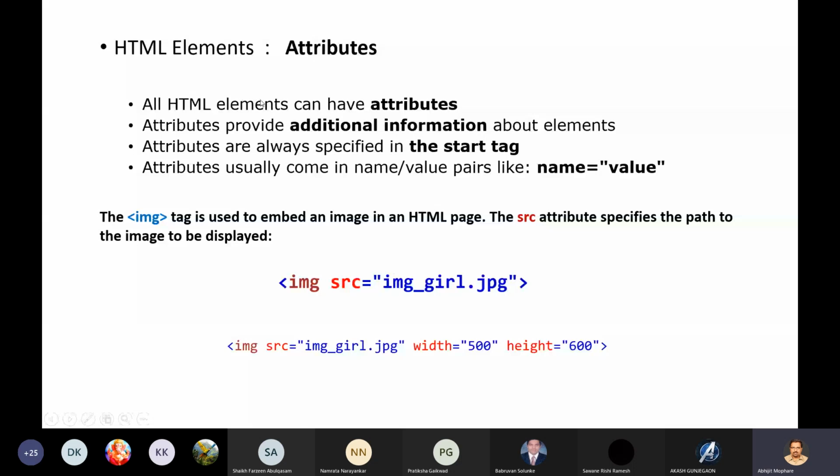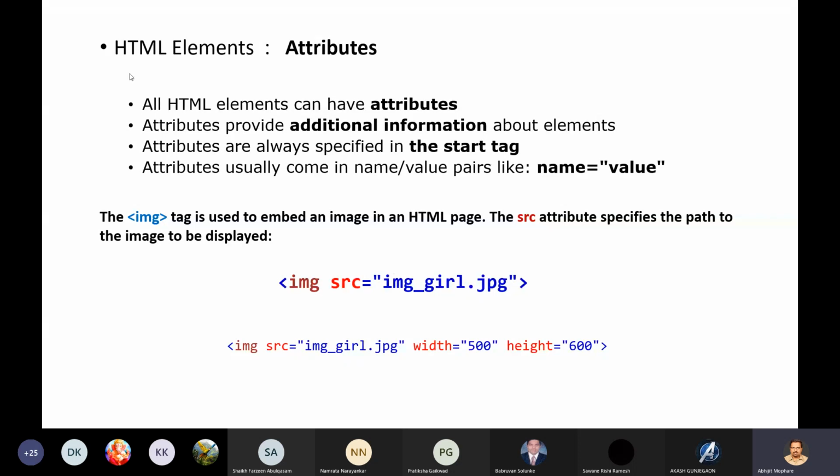There is a difference between attribute and property. Normally CSS attributes are called properties and HTML attributes are called attributes. Normally we know attribute and property mean the same, but in HTML and CSS, attribute means attributes of HTML, while property means the CSS property.